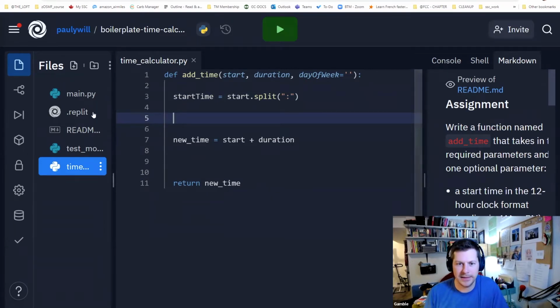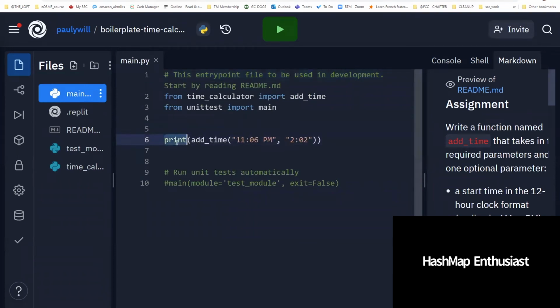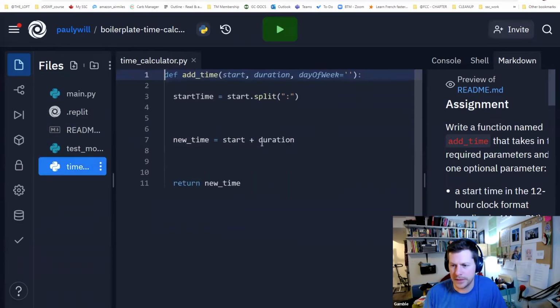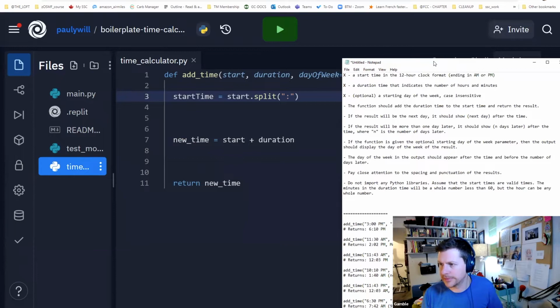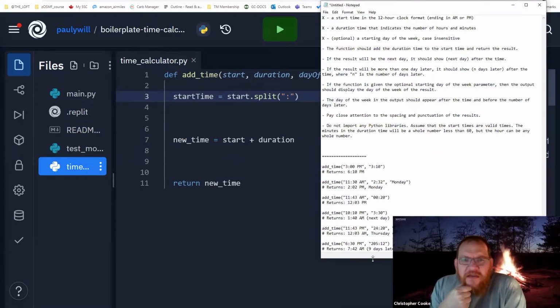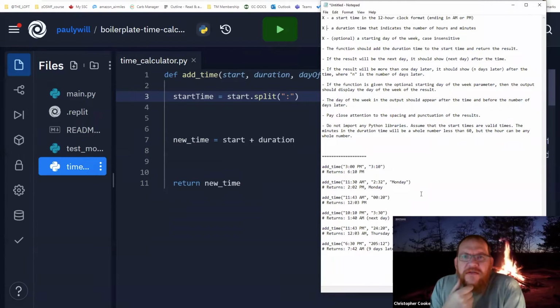I think you need a space too. Space where? The space matters because we have a couple of things to parse. If we take a look at one of the examples in the markdown, there we go, perfect. We're getting sent in a 3:00 space PM. So we need to parse out